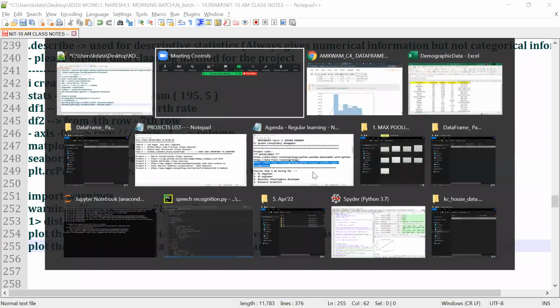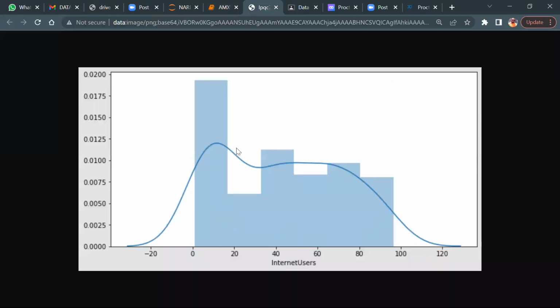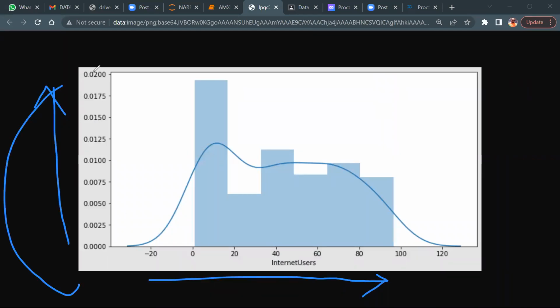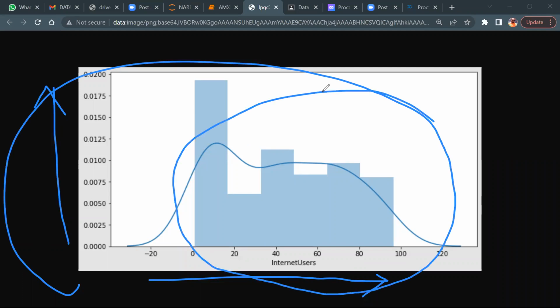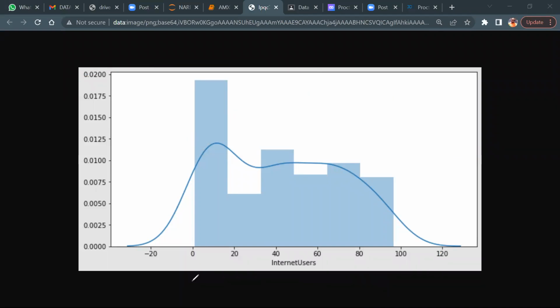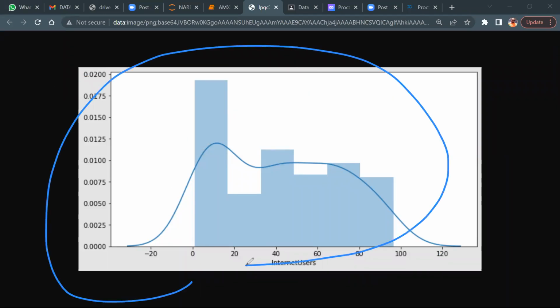Now, can we visualize the bivariate? Let me show you. In this graph, this is the x-axis, this is the y-axis, so 2 axes I can visualize. Clear or not? Now, but in the organization's database, do you think only 2 variables are there?